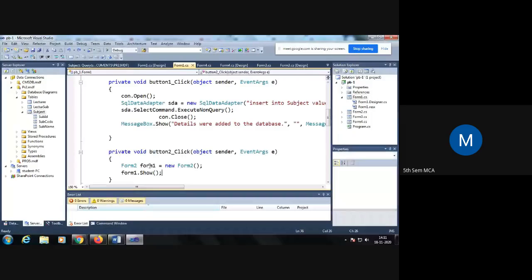So with the code, with this button, we are switching over to the form. With this object, we are showing the form. So it will show form 2. If I click here,